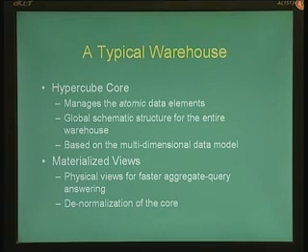So this slide essentially summarizes what we have just talked about. There is a hypercube core that makes up the core of the data warehouse, and the core manages what are called atomic data elements, that is data elements which cannot be subdivided into other kinds of data elements, and it is the global schematic structure for the entire warehouse. Remember, this global schematic structure is what we have derived from the different OLTP sources, and this is based on the multidimensional data model, and we will see